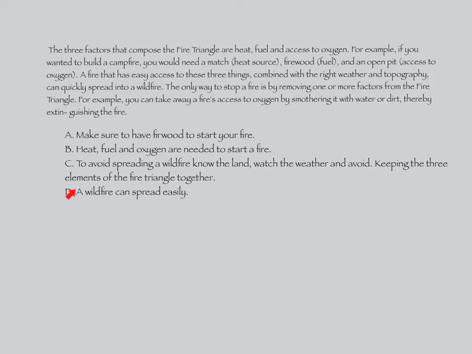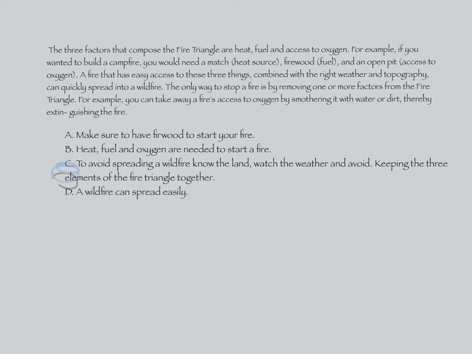I do talk about it down here in my conclusion. I also include other information that was included in the paragraph, such as how to not quickly spread a wildfire. To spread a wildfire, you need the three elements of the fire triangle as well as the right weather and the right type of land. So therefore, choice C